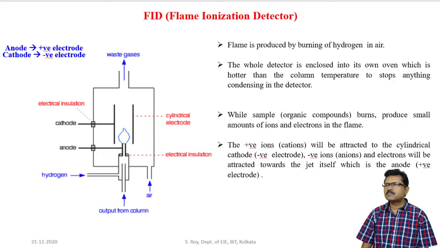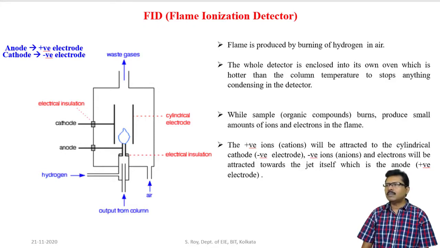The whole detector system is placed into its own oven, which is hotter than the column temperature, to stop anything condensing in the detector. The temperature of the detector is higher than the column temperature, so that all the samples will be in gaseous form. While there is no organic coming from the column, the flame will be produced only due to the presence of hydrogen and air. Now when a sample of organic compounds enters the flame ionization detector from the column,